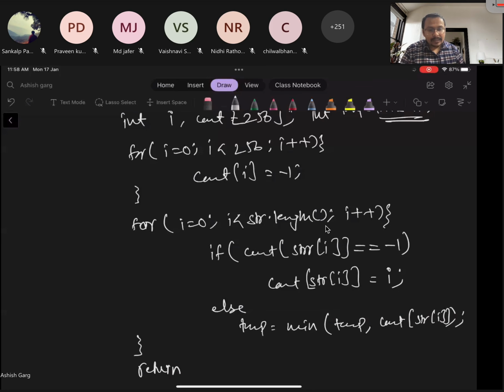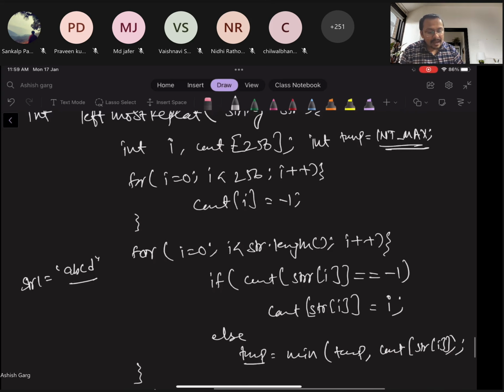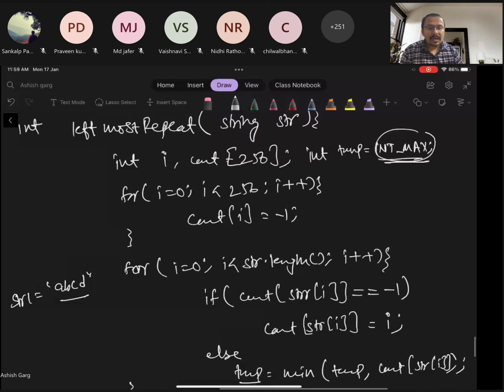The problem is if we just return int max and we have not found any repeating character, for example our string is a b c d, there is no repeated character, then temp remains int max, which is not the answer.